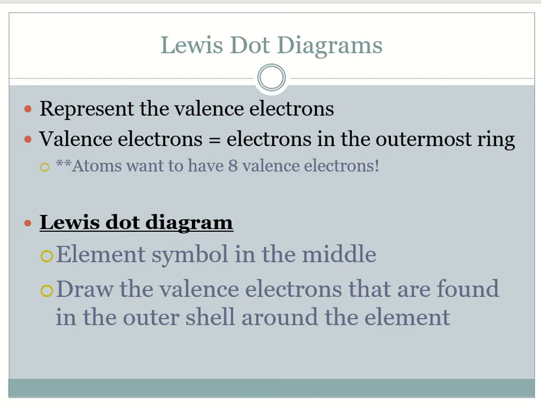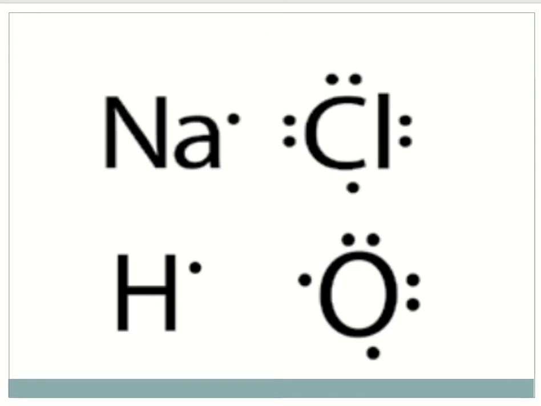There are a few that want to have 2 if they only fill the first ring, which has 2 electrons, and we call that a duet. For the Lewis dot diagram, we always have the symbol in the middle, and then we draw the valence electrons around the outside. We only double them up whenever they need to be doubled up. And so we double up on oxygen or on chlorine, but only when we know that